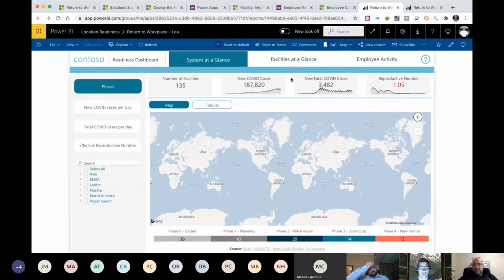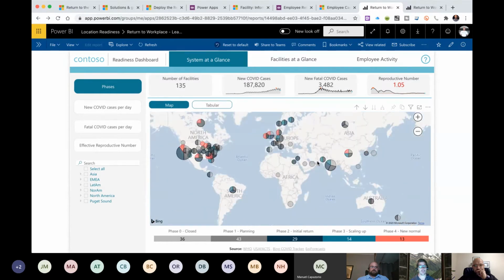David, those connectors are to the Johns Hopkins GitHub repository that they've added up and made available. And that's the one where you've just got to make sure you set your authentication correctly to make sure that data does pull through, else you just get demo data in there. Yeah, cool. And the other thing, David, just a little trick which took me a long time to figure out: if you right click on the map and you select drill down, expand to next level, that's it. Then you'll actually see the data on the map for some reason, but that's not a default. So anyway, there you go. Okay, well, I didn't know that. I thought my reports weren't working.